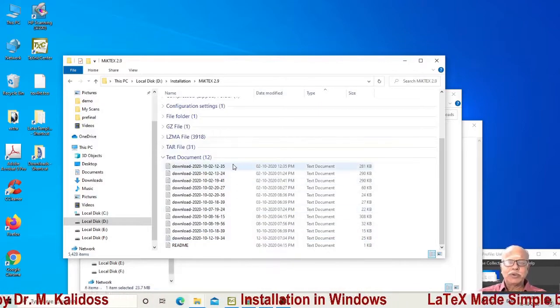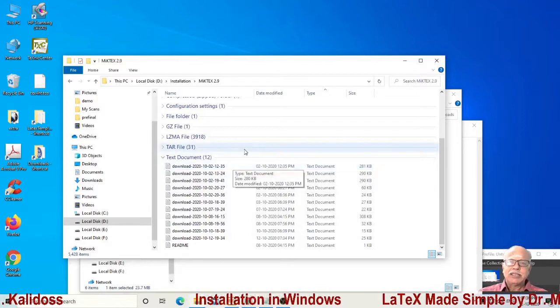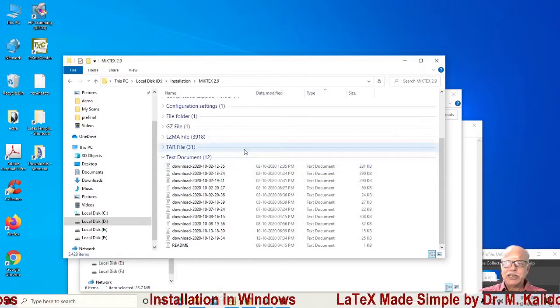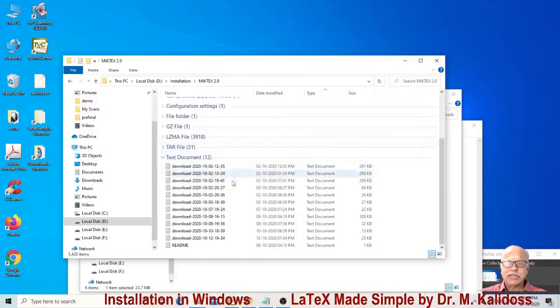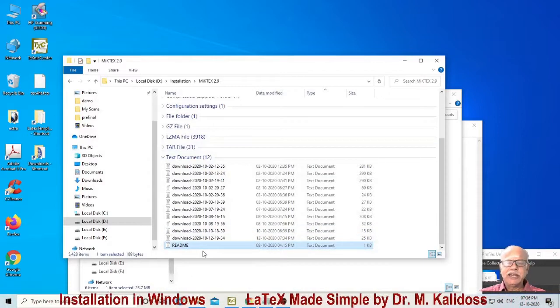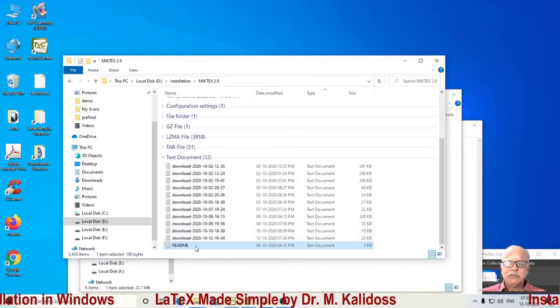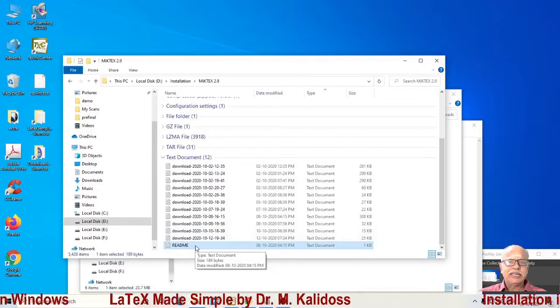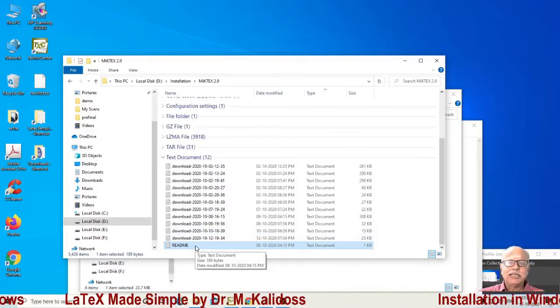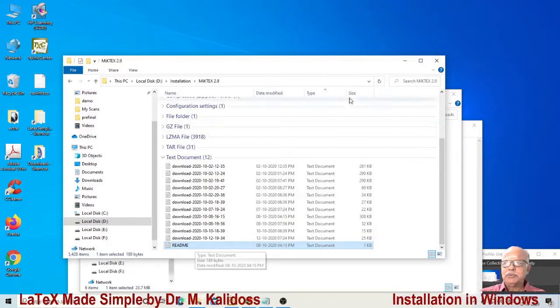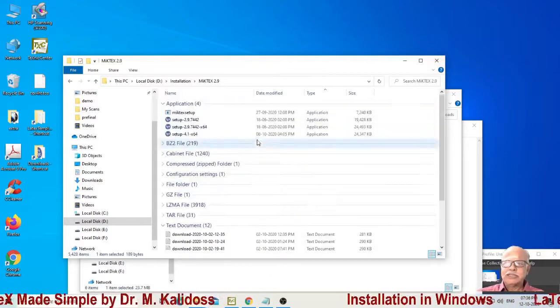Eventually, you may download or mirror the remote directory onto your system. In that case, another file, readme, will be available in that folder. Once the readme file is available, it indicates that the download is complete. Now, once the download is complete,